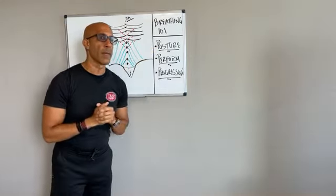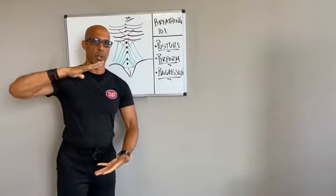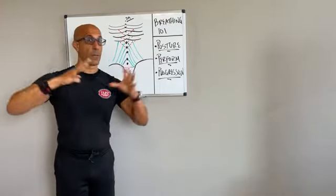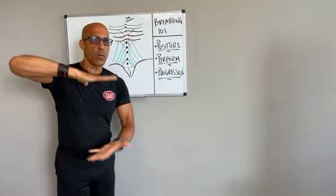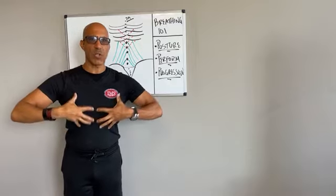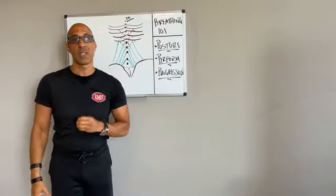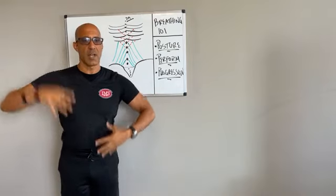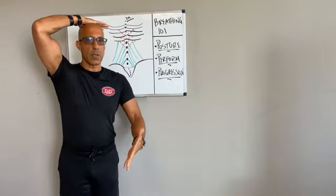Let me add one more thing. It's really about blowing up that stability ball. When you think about the stability ball in the gym, when it's blown up to its full capacity, it doesn't compress, or compresses very little. That's the same thing with our cylinder. When we're regulating pressure inside the cylinder, which is what the diaphragm does, it's a pressure regulator, it helps to control the pressure inside the cylinder, and now your client is very resistant